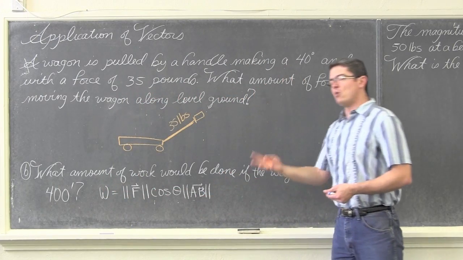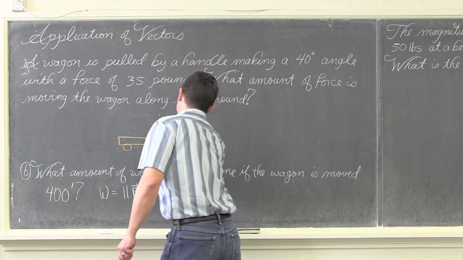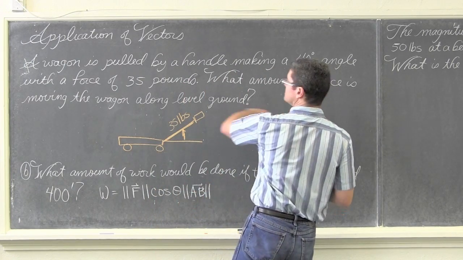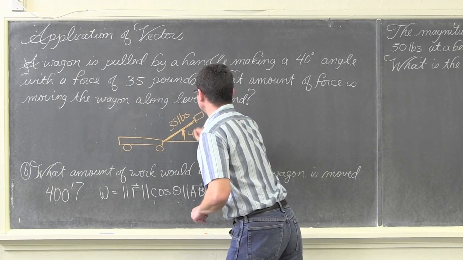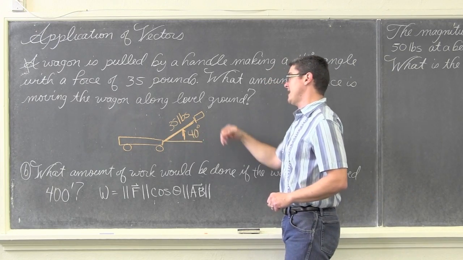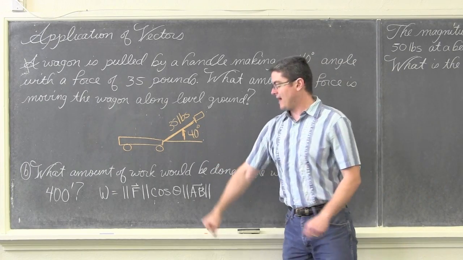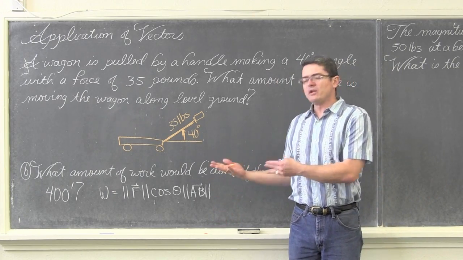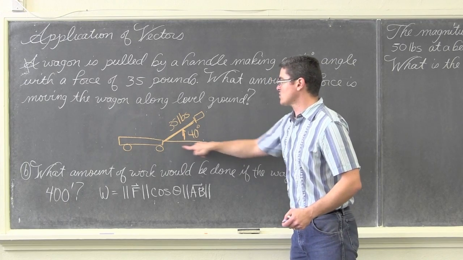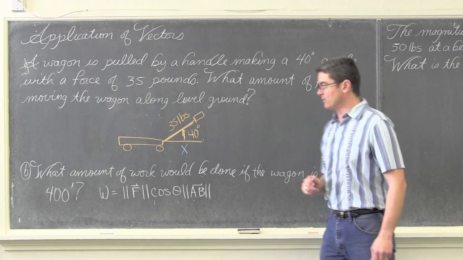That force is being applied, it's being pulled like you're walking and this wagon's following you along. That force is being applied along an angle of 40 degrees. So, not all of that 35 pounds is being used to pull the wagon. Actually, with this angle, you're kind of lightening the front wheels a little bit. You're wasting some energy, though only in the sense that we're trying to move it along level ground. So, what is that actual force? What is the amount of force moving this wagon along the level ground?